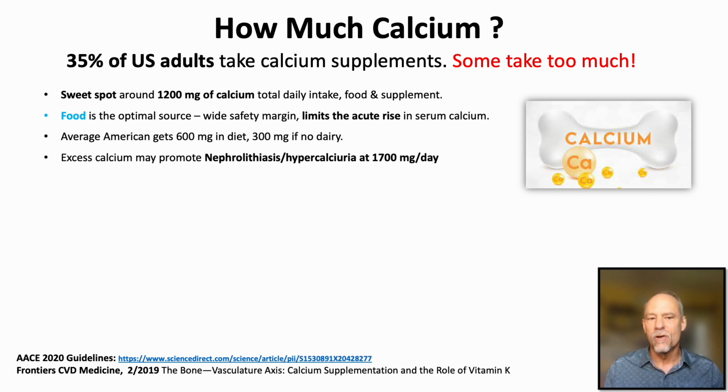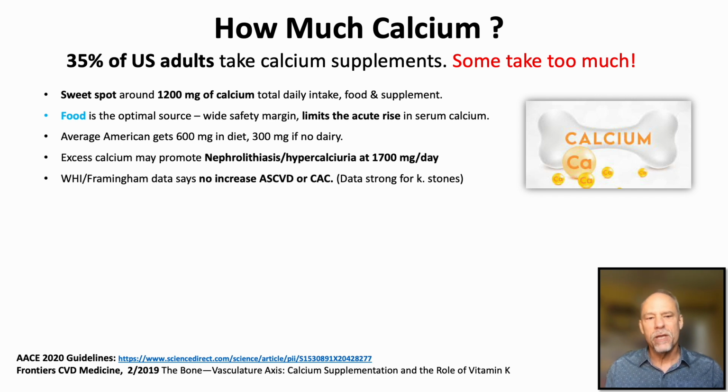Excess calcium can cause things like nephrolithiasis and hypercalciuria. We know that if you're giving like 1,700 milligrams a day, most people aren't getting that, but some people will get a great diet and then think they need to take 1,200 or more. Well, they might be getting that much. The Framingham study said that when you're giving a reasonable amount of calcium, there's no increase of coronary disease or coronary calcifications, but there is an increase in kidney stones, so we want to be careful there. And of course, excess calcium in older adults clearly is a cause for constipation.